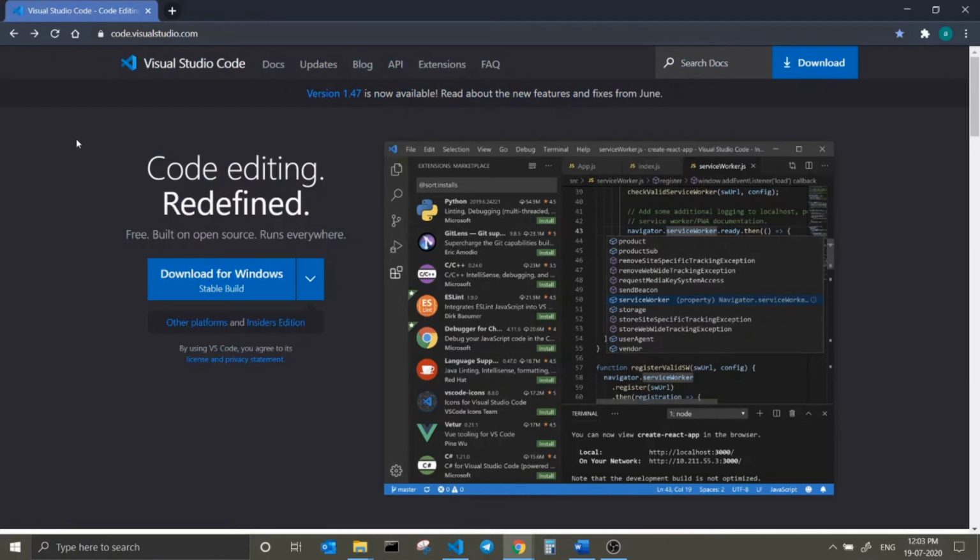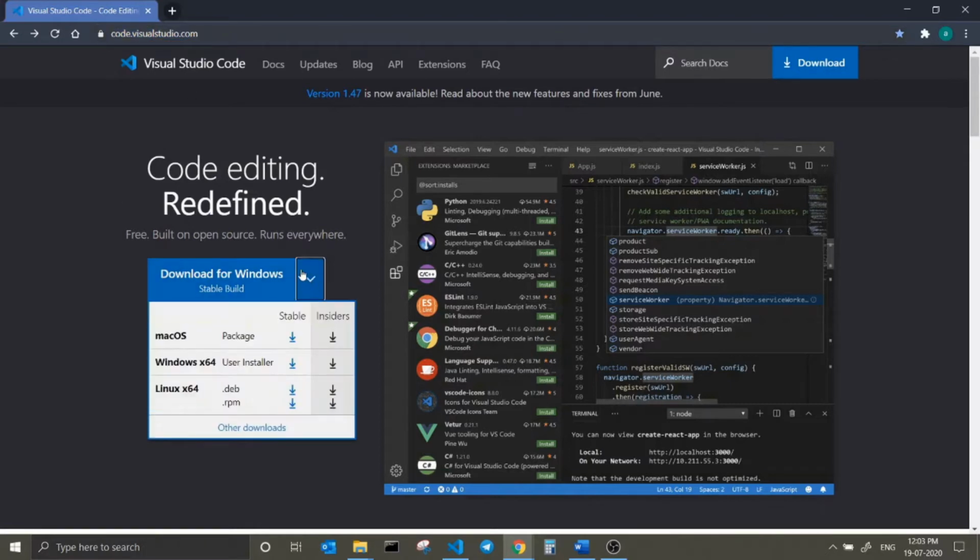Let's download our first code editor, that is Visual Studio Code. For downloading Visual Studio Code, you have to visit code.visualstudio.com. As you can see, it is available for different operating systems, that is for Mac, for Windows and for Linux. You have to just download the stable version.